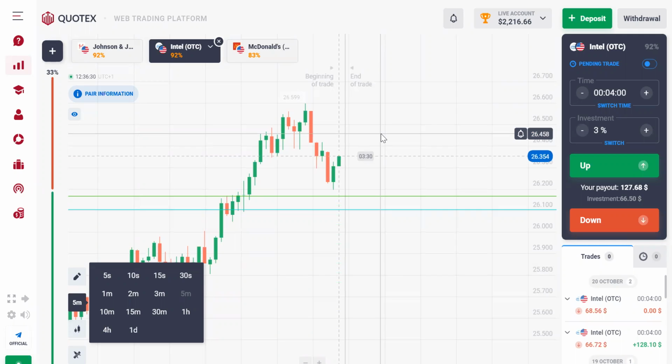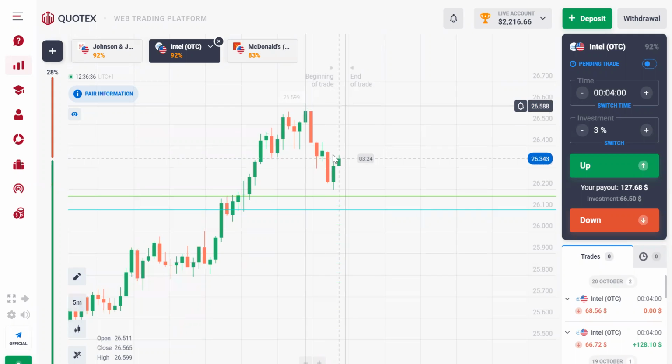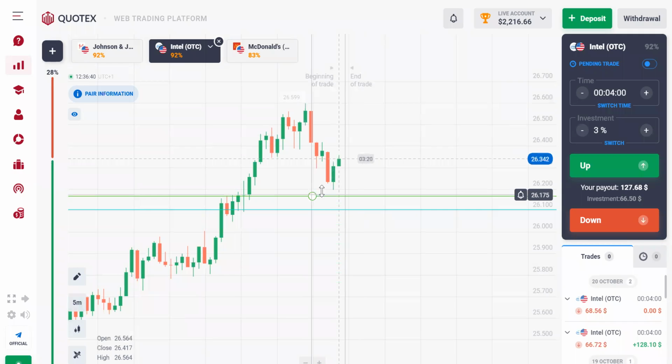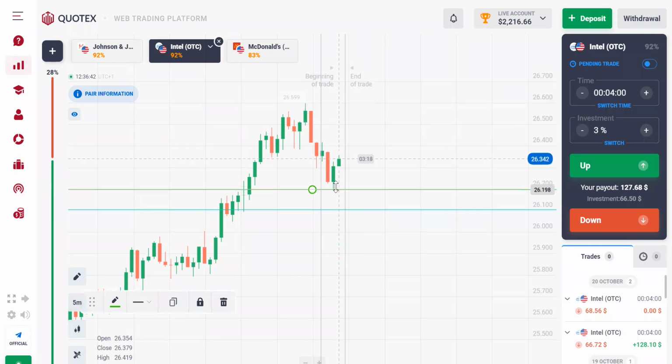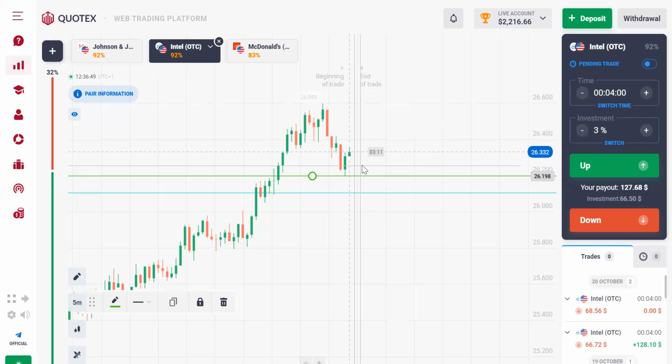You saw how I drew the Fibonacci levels now. You mark from where the trend started to where it ended. That's what I did. So this is exactly the 50% for this range. And that was where the market just touched and reversed. I was thinking it could just go down a little more, but it didn't do that.